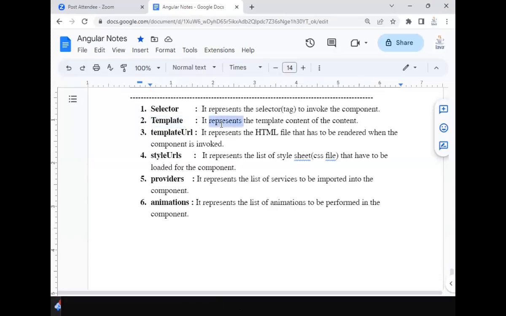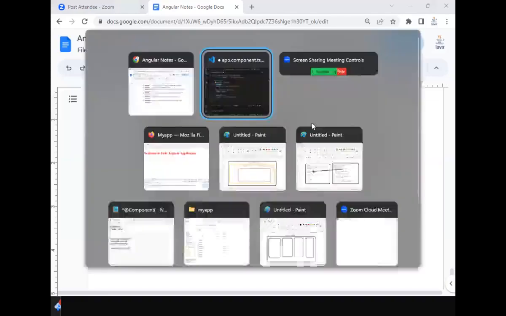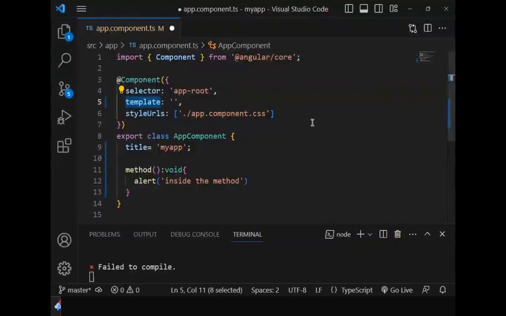It represents the template content, the content in the browser. What is the use of template? It represents the content inside the template. So in short, whenever you